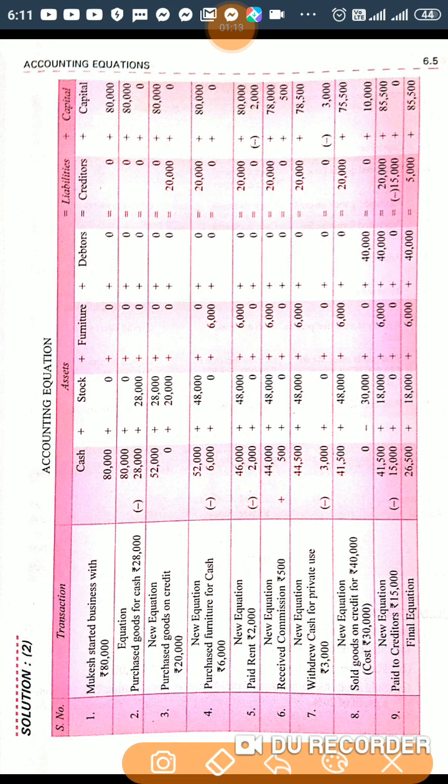In this format, first you write down the serial number, second you write down the transaction. Children, you will solve these questions horizontally, not vertically, in your register. Because so many items are involved, it will not fit in a vertical way. So first, there are three columns: one for serial number, second for transaction, and third, which is the bigger one,